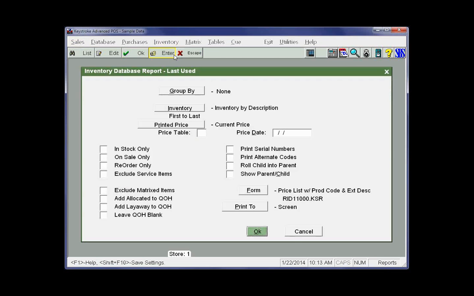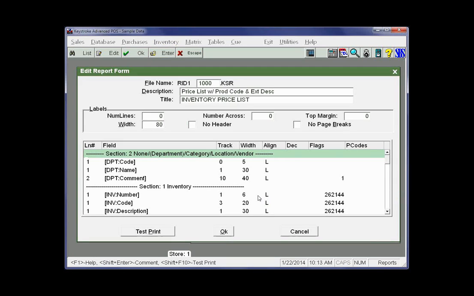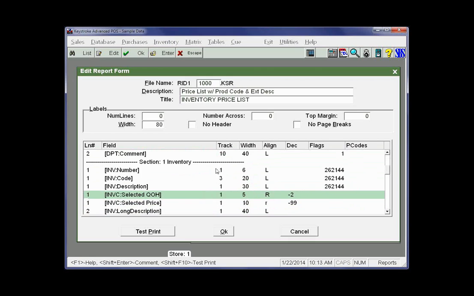Let's go back to our report. In our report form, remember, hit F3 to get an idea of where that description field starts. If you look in this inventory section, the stock number has a leading space of 1, and then it's 6 characters. Then we have the inventory code. There's a leading space of 3 and 20 characters. Then the description, it has another character in front of it. If you add all of that up, so that's 7, 10, 31 characters right now before the beginning of the